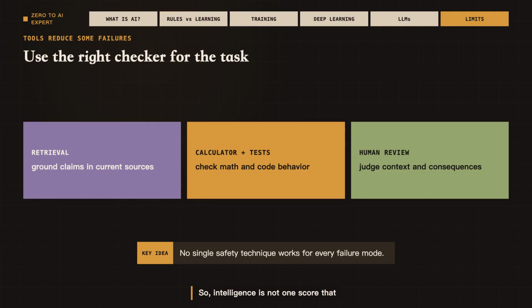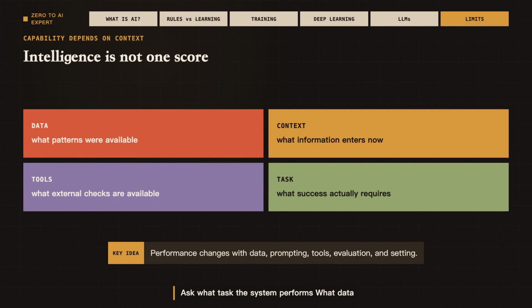So, intelligence is not one score that a system either has or does not have. Ask what task the system performs, what data and objective shaped it, how its output is evaluated, and what happens when it fails.